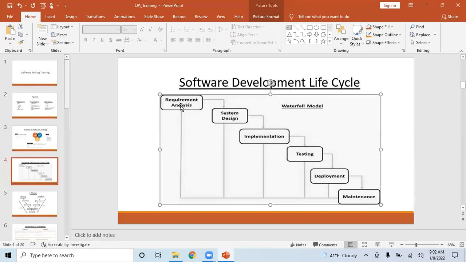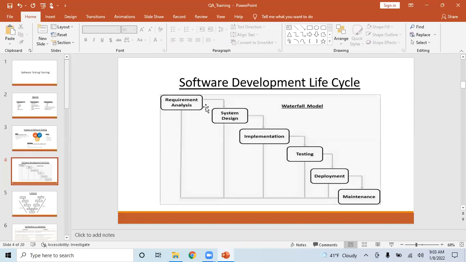So for each and every phase, there is a different goal for a tester, but testers are involved nowadays, especially in a company. If I have a software company, I will definitely make sure that if somebody is collecting requirements from a customer, I send my test lead, and I'll send my architect along with my business analyst to collect the requirements, so that everyone understands what the customer wants, not just the business analyst.